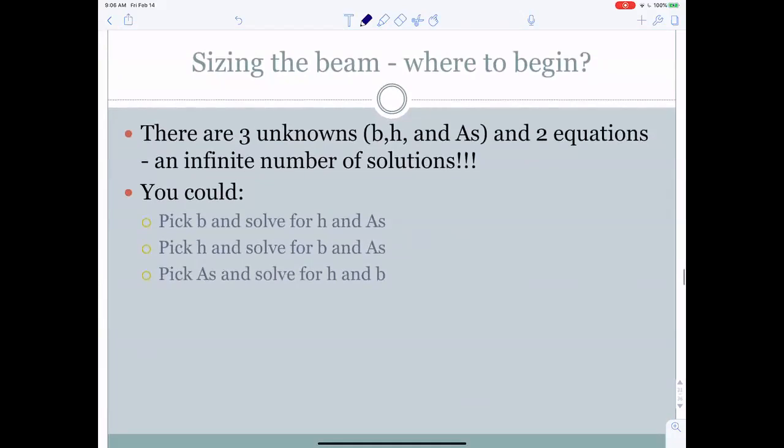And so where do we begin? There are three unknowns: the size of the beam, B and H, and the amount of steel, AS. And there are two equations. And as we explained earlier, that means there's an infinite number of solutions. Remember, if you had X plus Y plus 3Z equals 1, and this equation here,